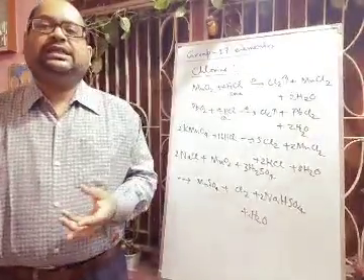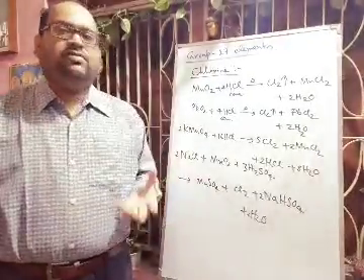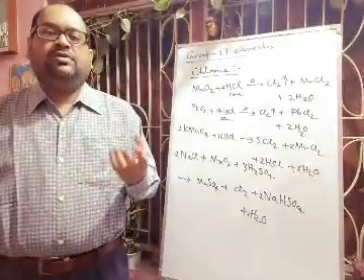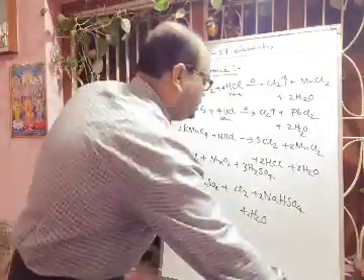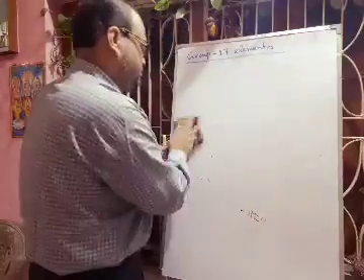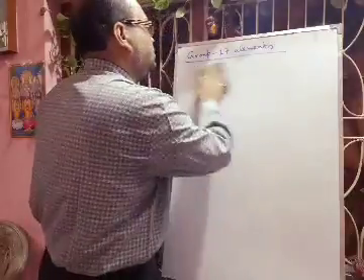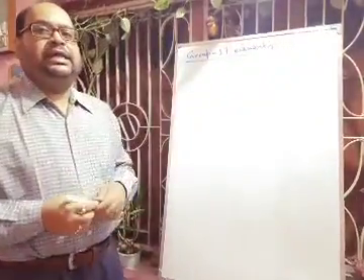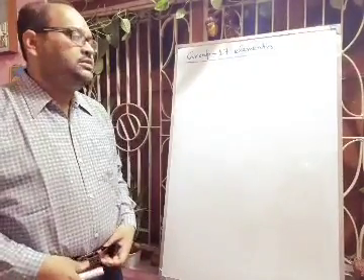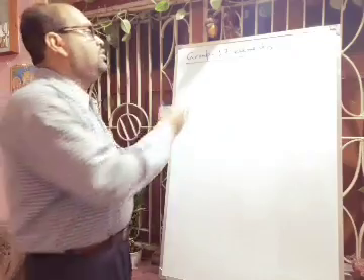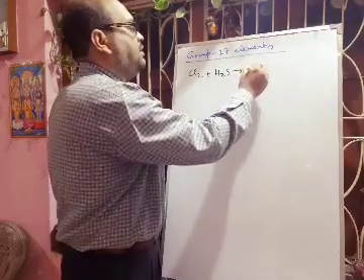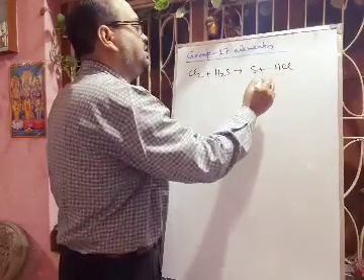So only a few reactions are there in your syllabus: reaction of chlorine with hydrogen sulfide, reaction of chlorine with ammonia gas, and reaction of chlorine with metals as well as alkalis. Okay, that we will discuss. First we will discuss the reaction of chlorine with H2S. Chlorine is a very good oxidizing agent. It oxidizes hydrogen sulfide to sulfur. So chlorine is reacting with H2S, forming sulfur, and there will be formation of HCl.